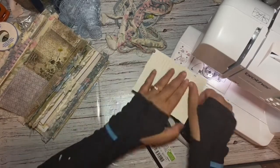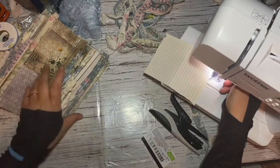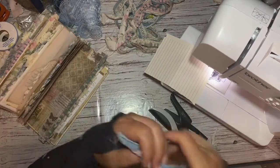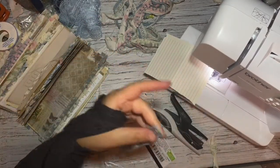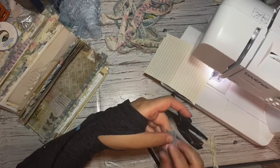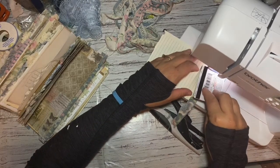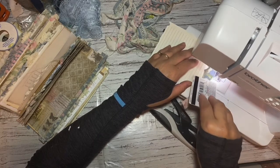I think I'm going to put some bit of sari silk on this one, maybe. It's already white. Go put blue. Some of these leftover blues. Now, if you don't want to do a ruffle, you definitely don't have to. You could just sew a piece on the side and make it into a tab or whatever. You decorate it whatever makes you happy. And after this and after the binding, I will try to make a couple videos as to how I kind of